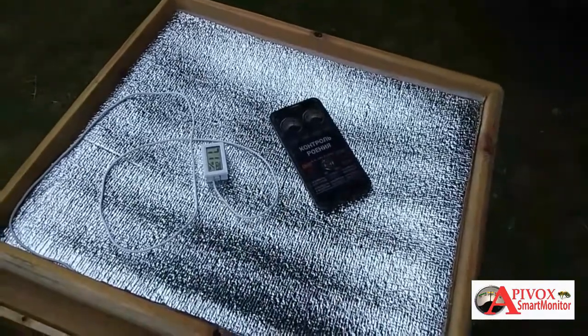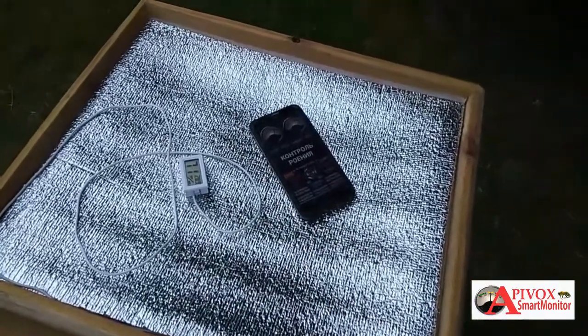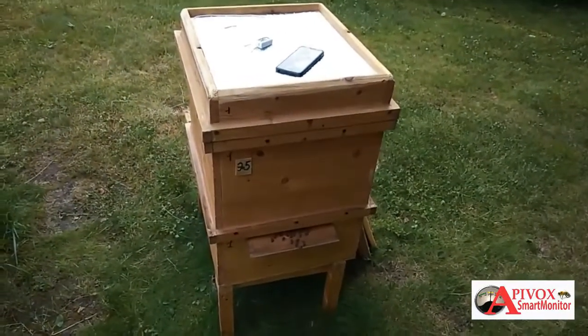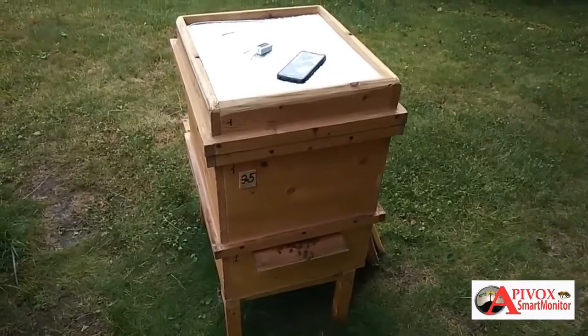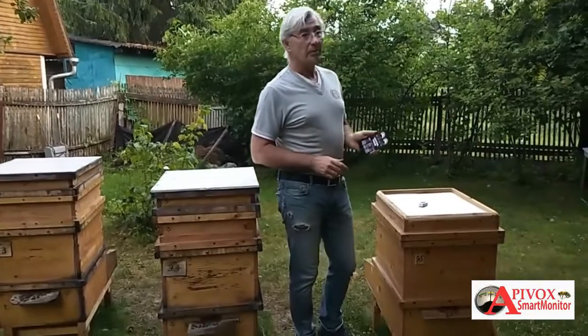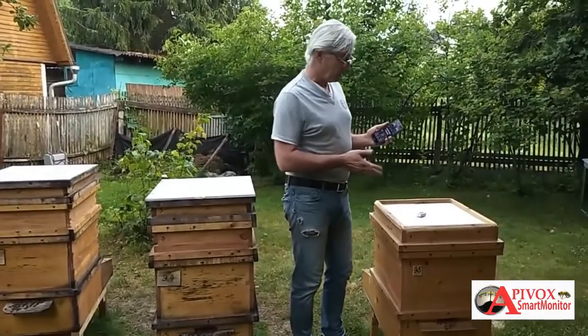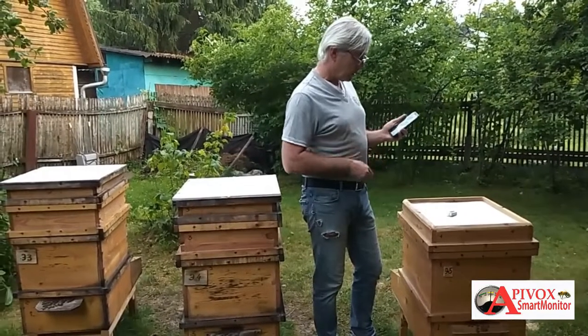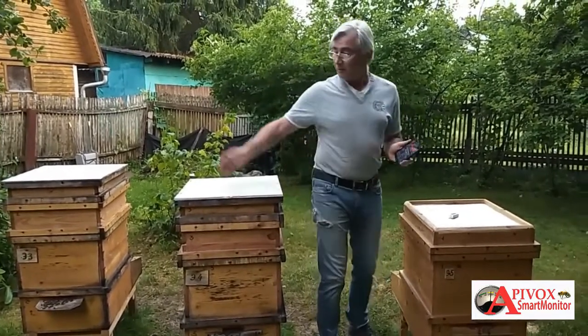As you can see, we can get results without even opening the thermal insulation of the hive. The evening is quiet, and the colonies are strong and the bees are quite loud. Well, let's quickly check the rest of the hives. So we have finished checking the colony for swarming. Now we switch the mode and go quickly through the two remaining hives without further ado, and show you their